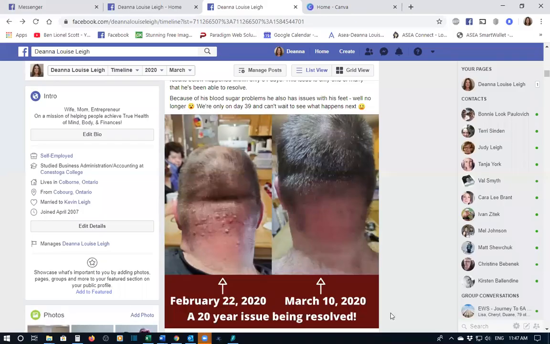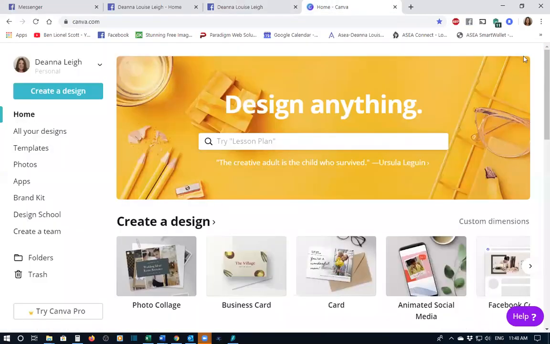Hi everyone, I'm going to show you how I created this picture in Canva so that you can create a before and after picture with the proper pixel size for your picture for a Facebook post. So I'm going to go to Canva, and in the free version of Canva, you'd have to create your custom